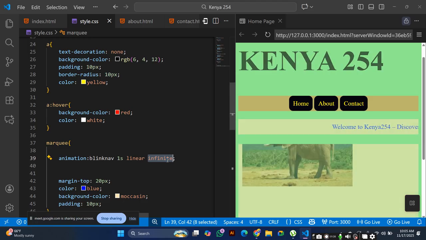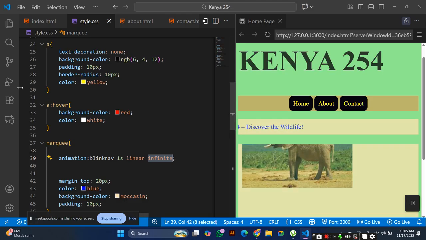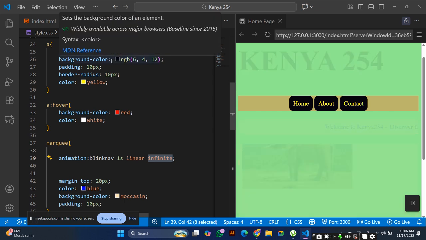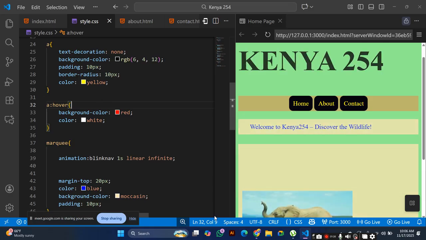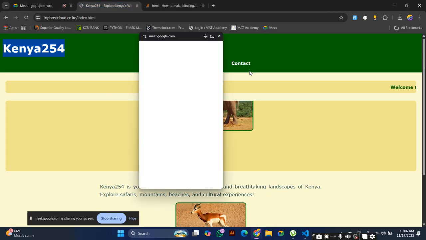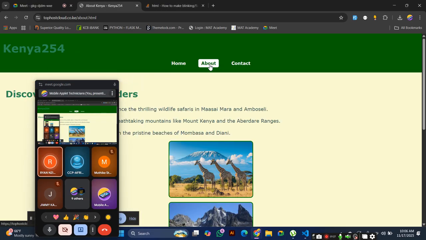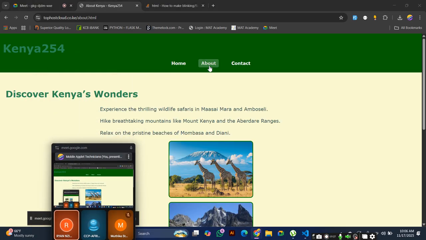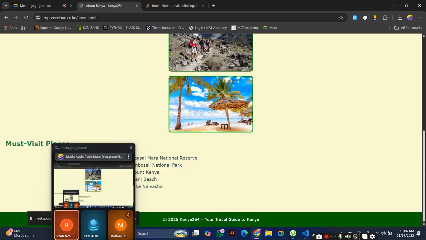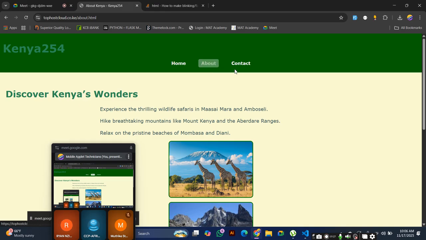Very good. So I think we are going to stop at that. For those who did not do the assignments, I want you to try to do the other pages. You now have 2 more pages remaining. There is the about us, and there is the contact. You try to do those links. You try to work on that, about and contact.